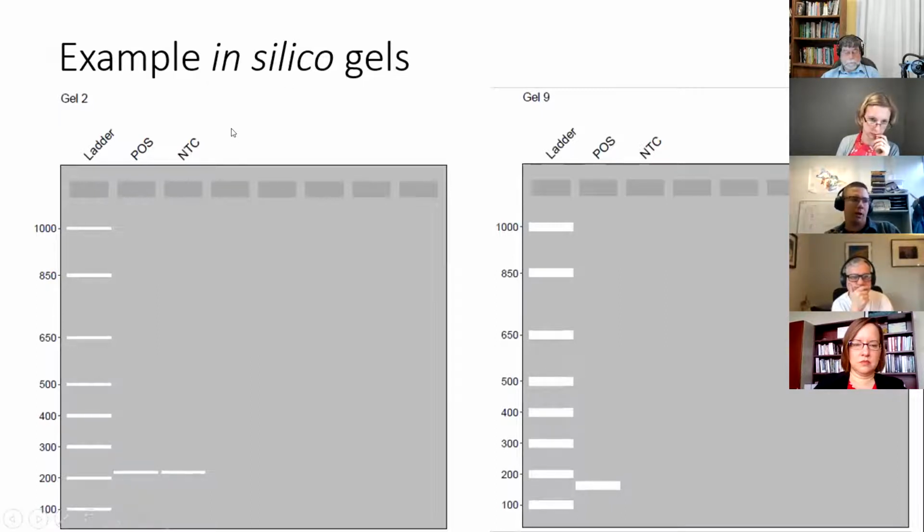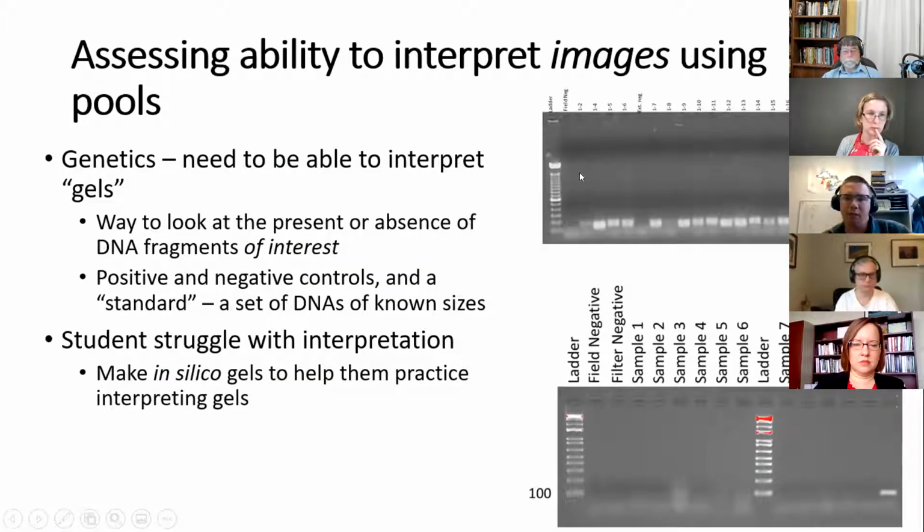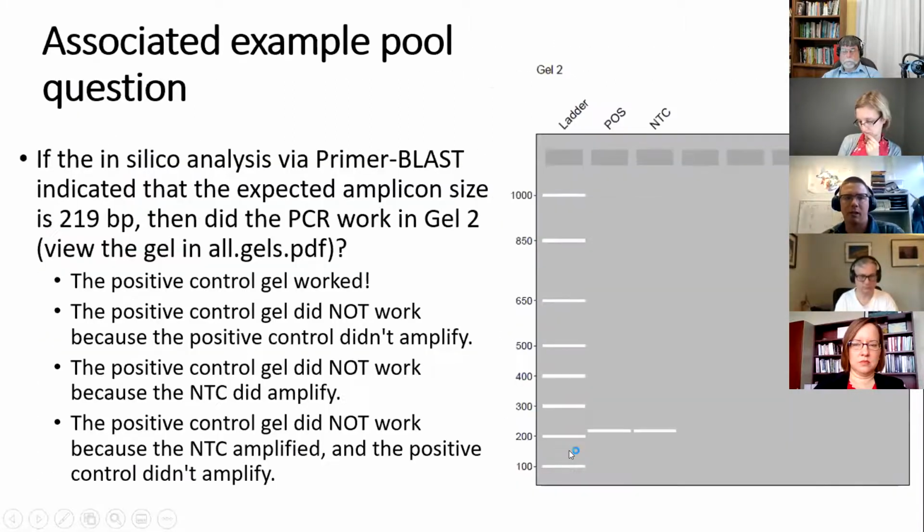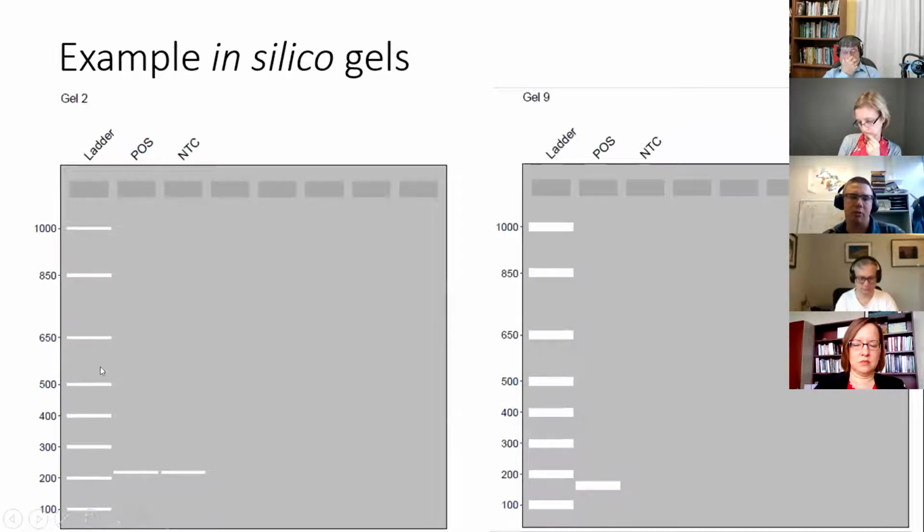And so what I created was a suite of gel images where each gel image has some number of lanes. That's these things here; you can see the start of the lane up here. And then there are ladders in these in silico gels. So this is your known standards. And then this was just a really simple application where